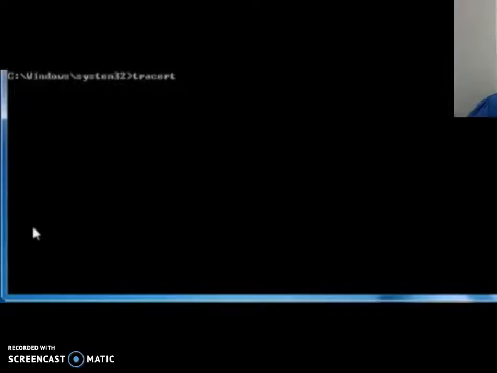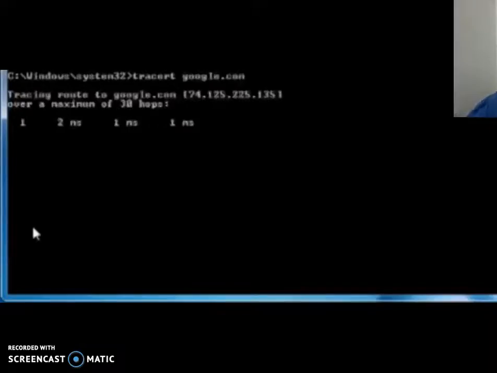Our next command is the traceroute command, which shows the entire path of a packet traveling from your particular router to the router of the website you're going to test. So here I say tracert. This is the command in Windows, and for Linux and other operating systems, you write the entire word traceroute. After writing traceroute, I enter a particular website name, google.com.